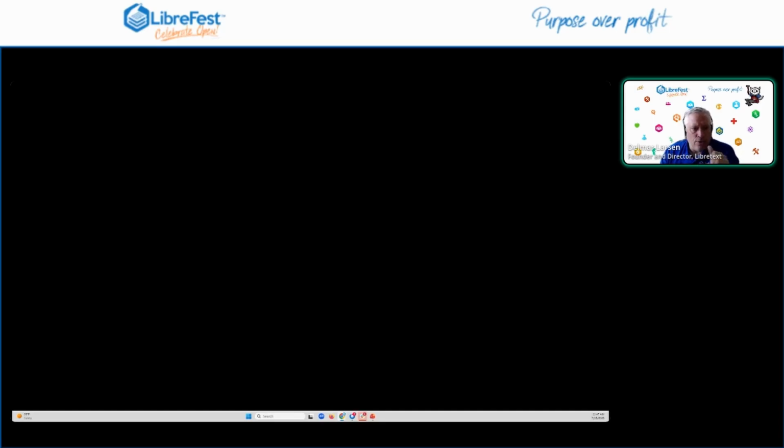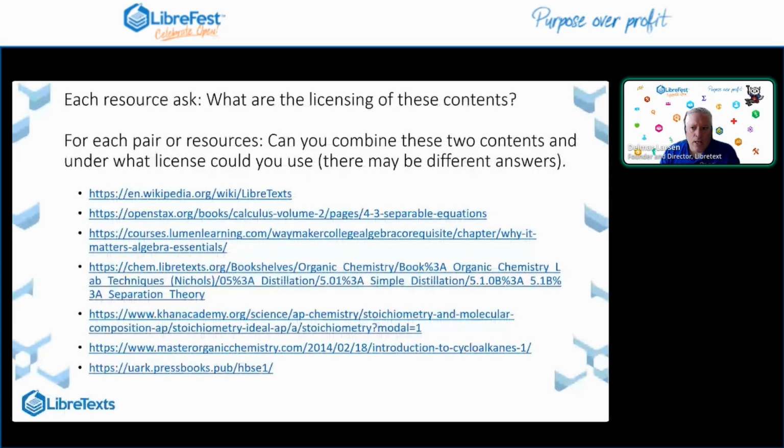Look at each of them, and your job, number 1, is to identify the license. You can't figure out how to remix something if you can't identify the license, and I can tell you sometimes you can't identify the license of material. Number 2, do that for any pair, identify each license, and then look at the table that is on the screen here and ask the question,